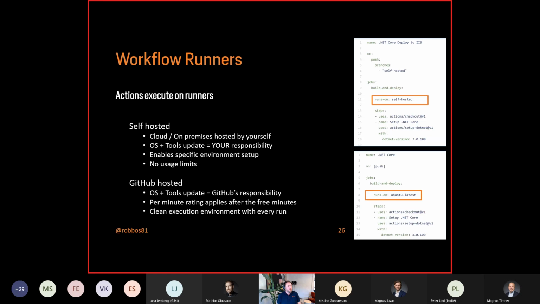And the difference between them is, well, if you host them yourself, you install them on your virtual machine, maybe in your cloud environment, you're hosting that on your own compute power and your own networking setup. And that means that all the security around that setup is now your responsibility. You're taking on that load.